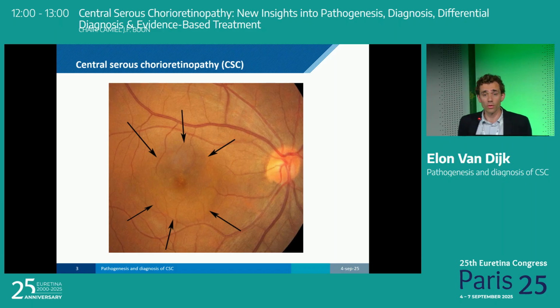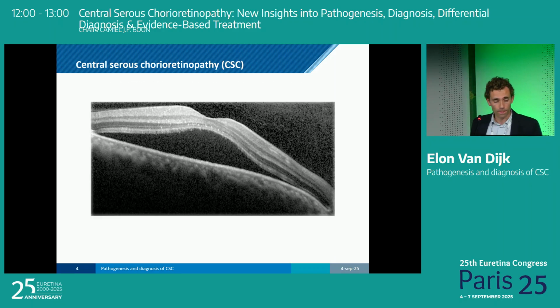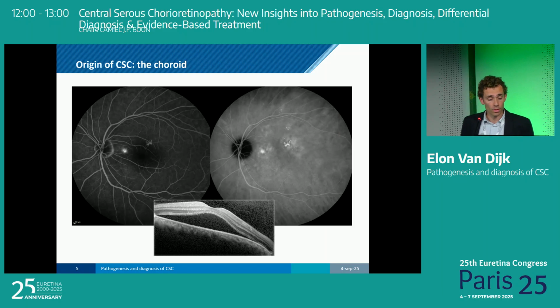On this fundus photo, you can clearly see the serous subretinal fluid here exactly in the fovea. On OCT, this fluid can be better appreciated. Usually it's present in the fovea, and sometimes it's also present extrafoveally. And also several choroidal characteristics can be appreciated well on the OCT, for example, a thickened choroid or the pachyvessels. I will come back to that later.